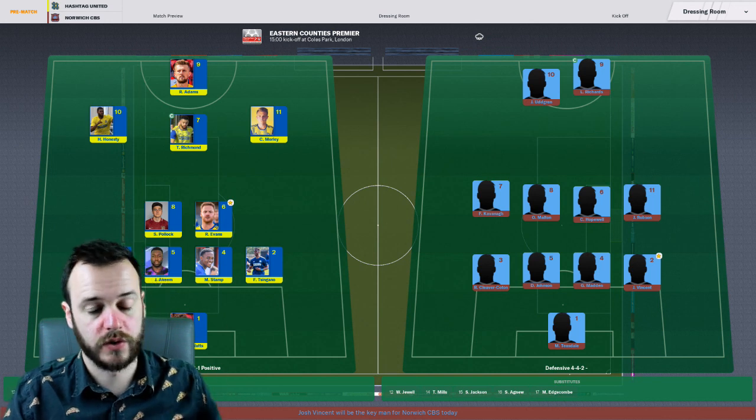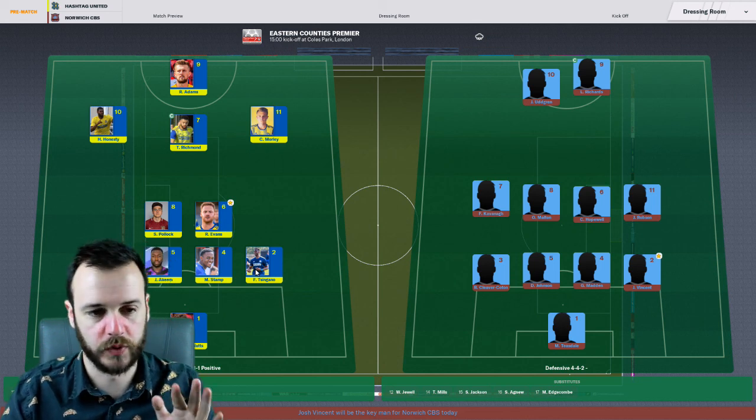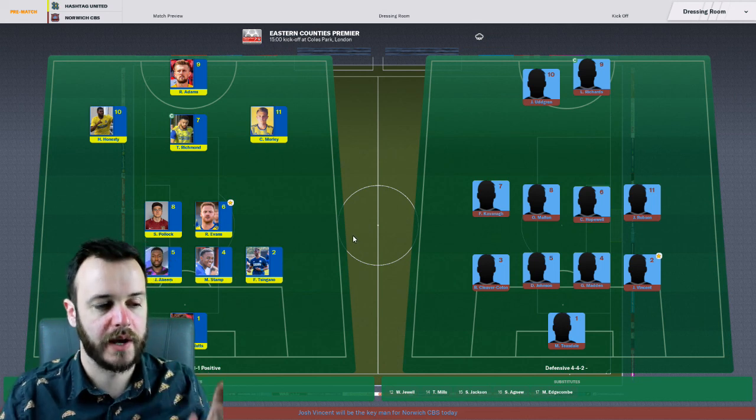So with Shashua's injury, he drops off the squad entirely, and Lee Hurst will come back onto the bench, and we'll try and bring him on for 45 minutes or so, get some run back in his legs